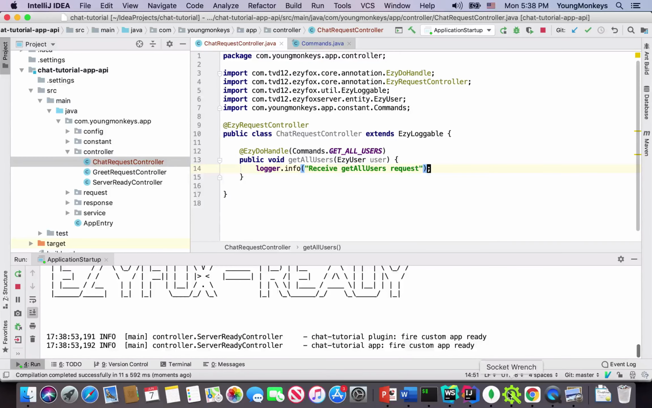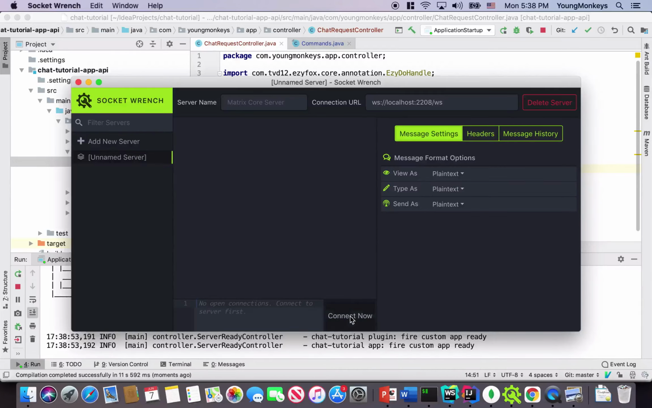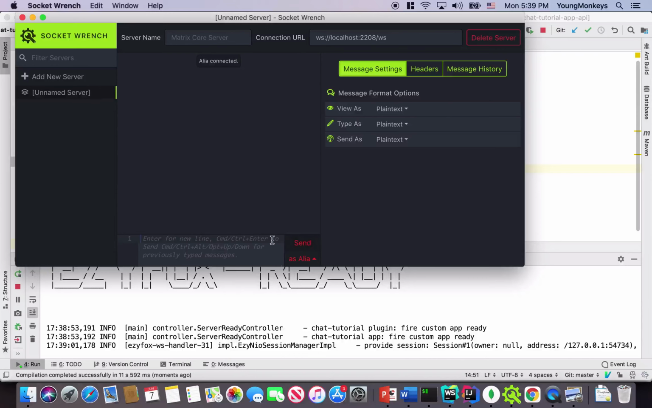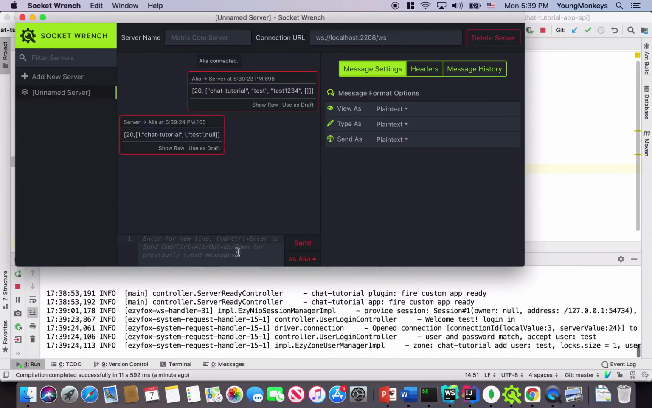Great. And I'll use the socket range to test my server. Okay, let's connect to this URL. And then, first of all, I want to send a login request, which is 20, given the zone name, username, and then password, and then additional data. Okay, I have successfully logged in,